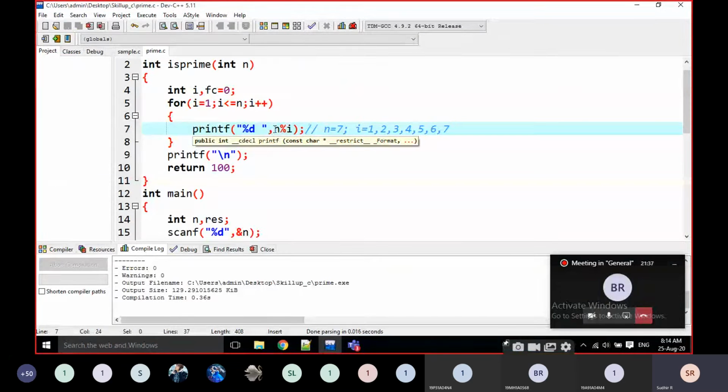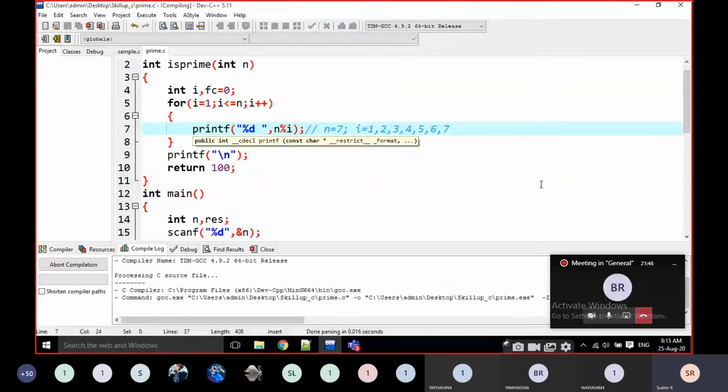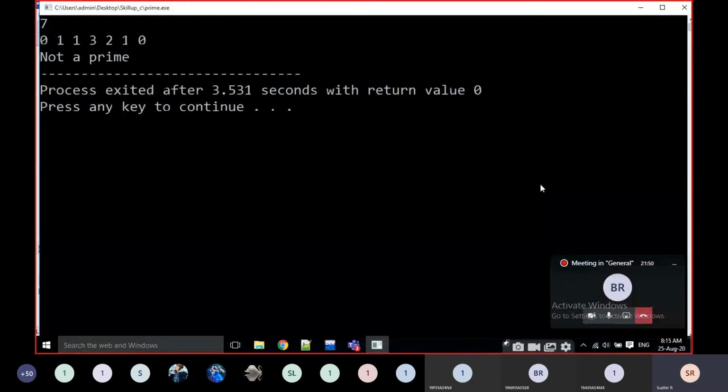i. I am printing here n mod i. What is the remainder of n mod i here? For example, if it is 7, what is the remainder with 1? That is 0. How many zeros are there here? There are 2 zeros.